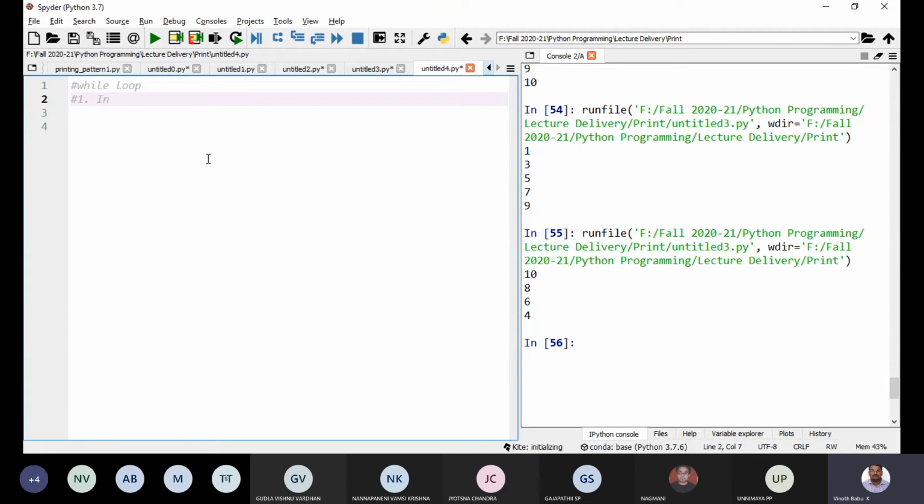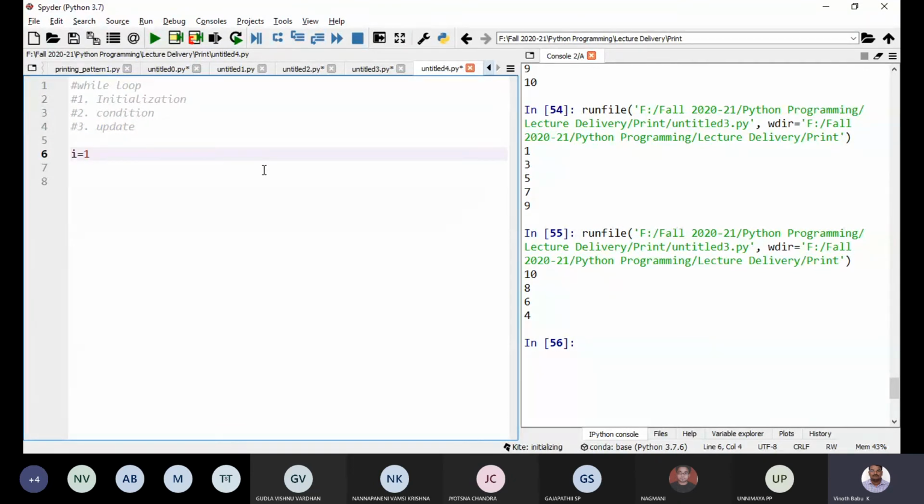One is initialization. Second is condition. Third is update. If you don't give the update, it will be an infinite loop. I'm just writing a simple code.